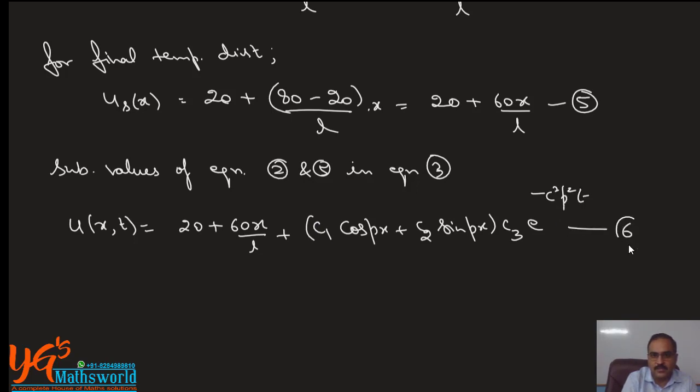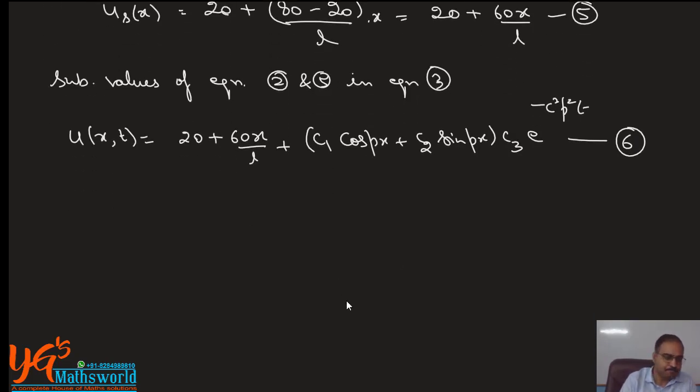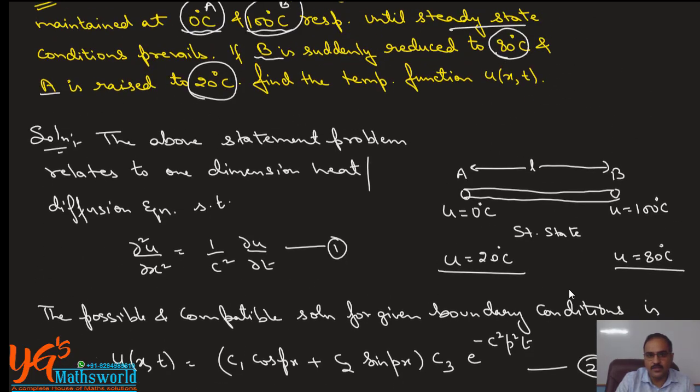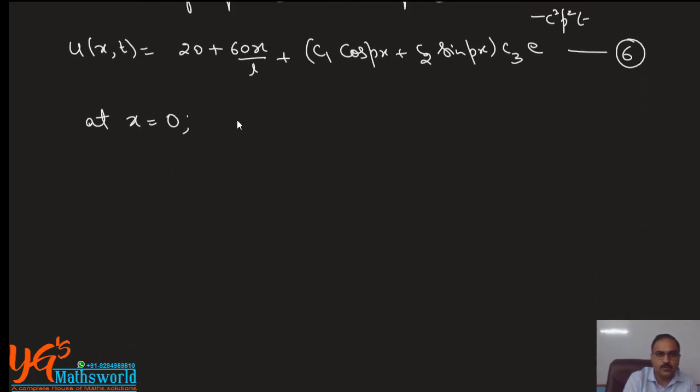Let it be equation number 6. Now we have to apply the boundary conditions one by one. So for the first boundary condition, at x equal to 0, the boundary condition given to us is u equal to 20. So 20 is equal to